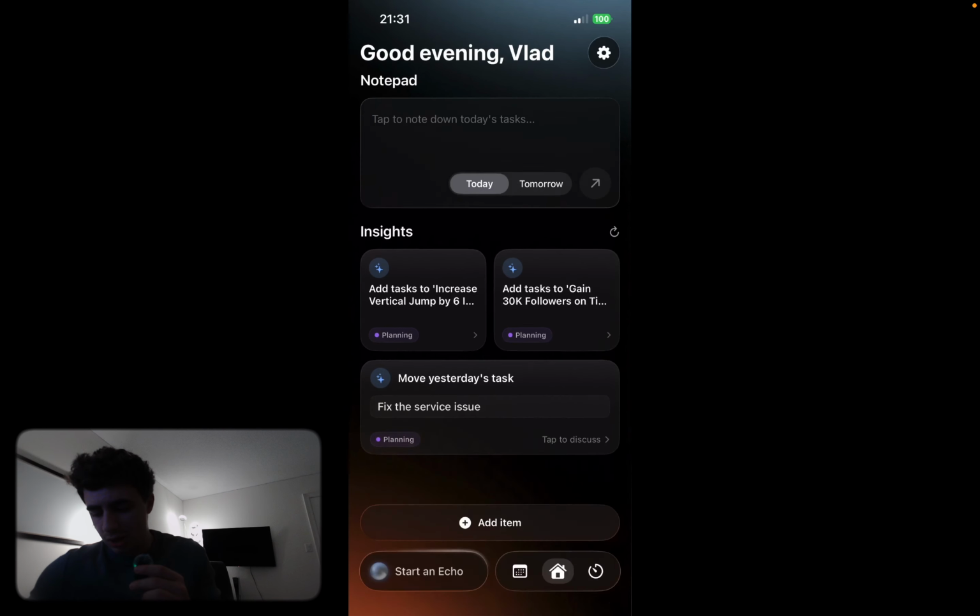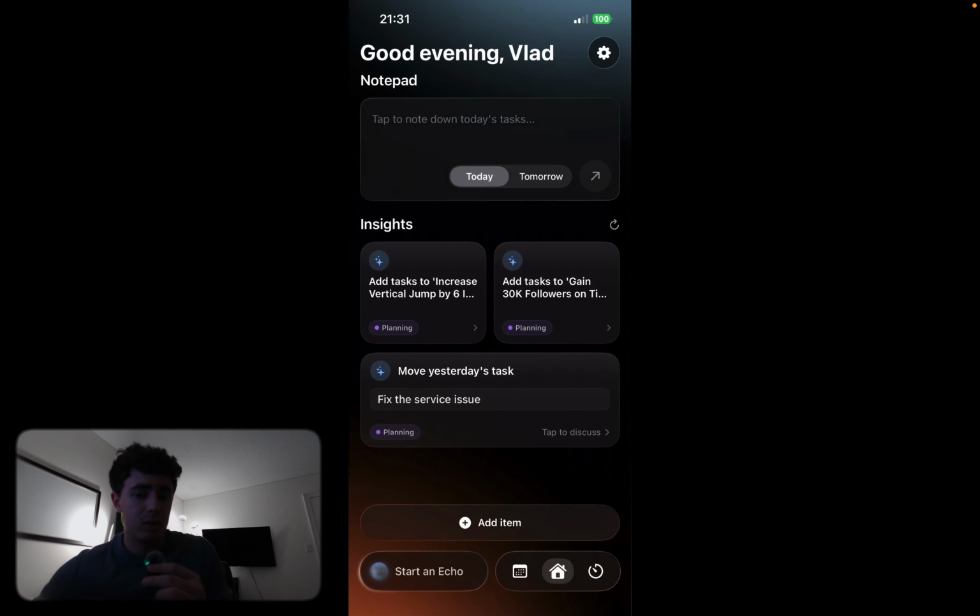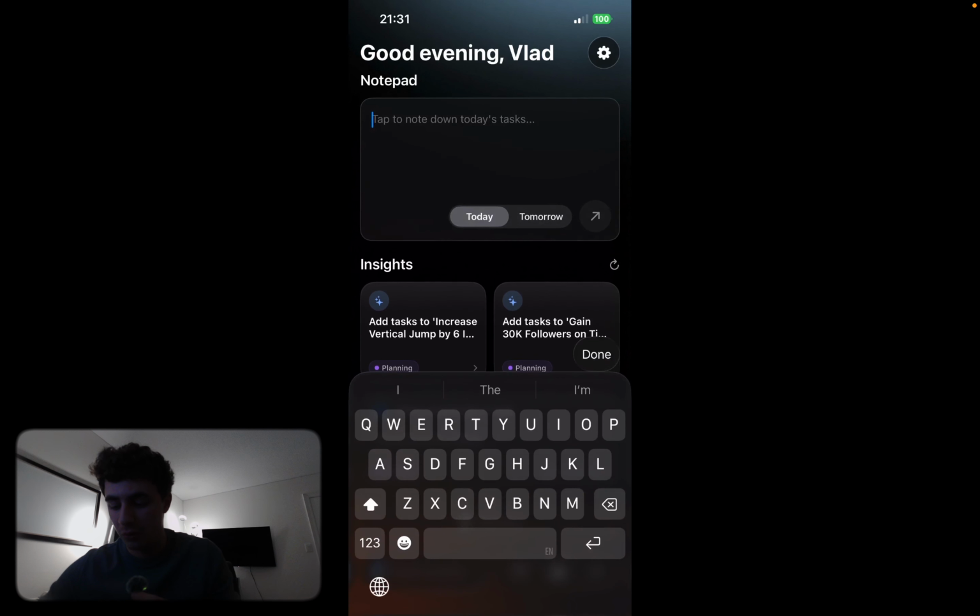So this kind of follows after this idea that I would typically log onto my computer, open a text file, and then basically type out what I have to do that day. And I haven't really gotten to use any sort of productivity app because I just found a text file, a simple TXT file, to be the easiest way to note stuff down. Obviously, we want to be a little more organized, but this is a really cool feature